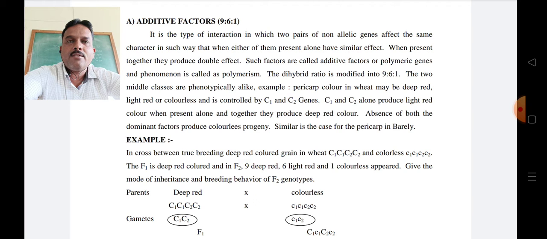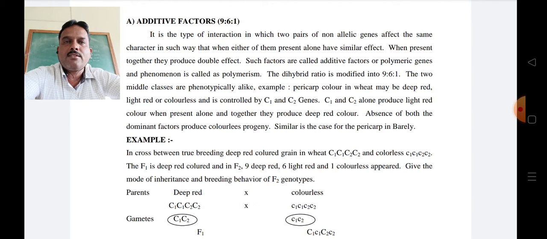It is also called a factor one, that is, the words factor and genes are synonymous. So additive, or also called polymeric gene interaction, the ratio will be 9:6:1. Likewise, the complementary ratio is modified as 9:7 from 9:3:3:1. So here, from the 9:3:3:1 ratio, it will be modified as 9:6:1. Total individuals will be 16. So within those 16 individuals, on the basis of the characters or gene involvement, and because of the gene interaction, the ratio will be modified as 9:6:1.